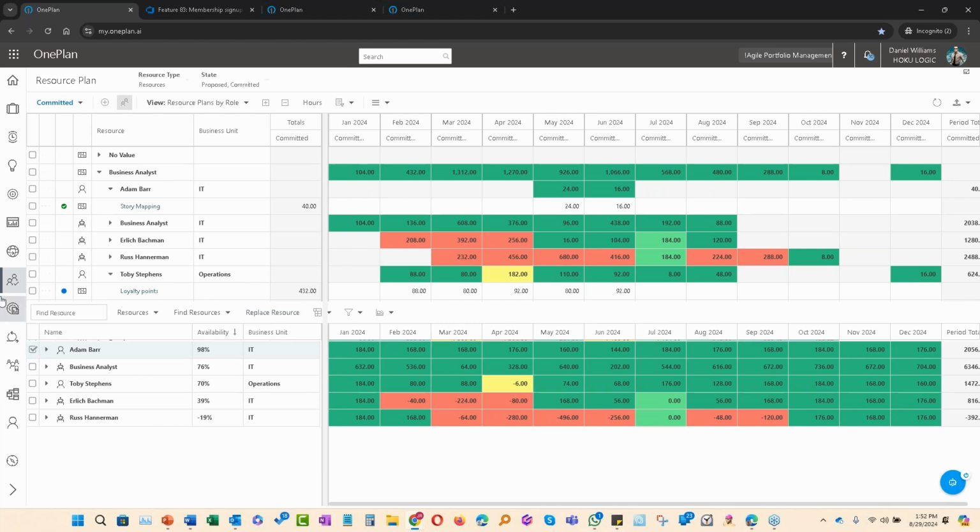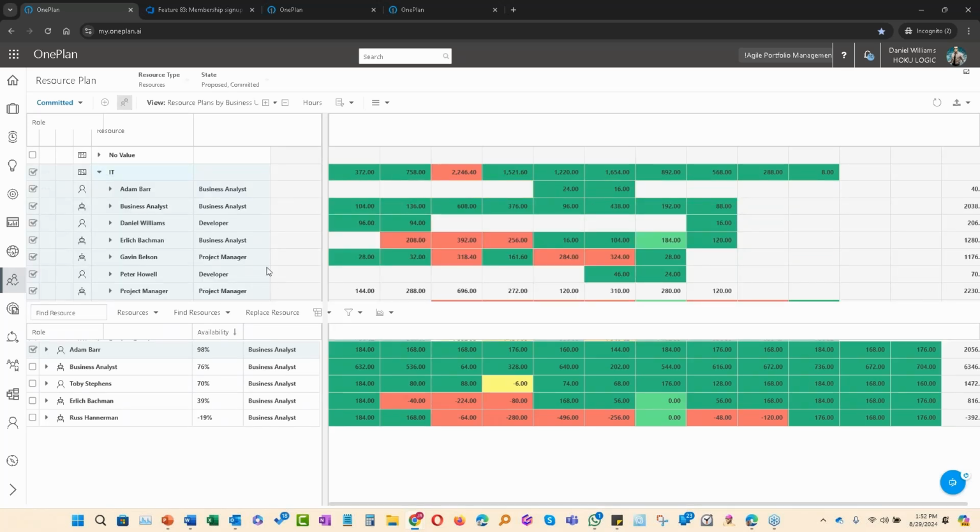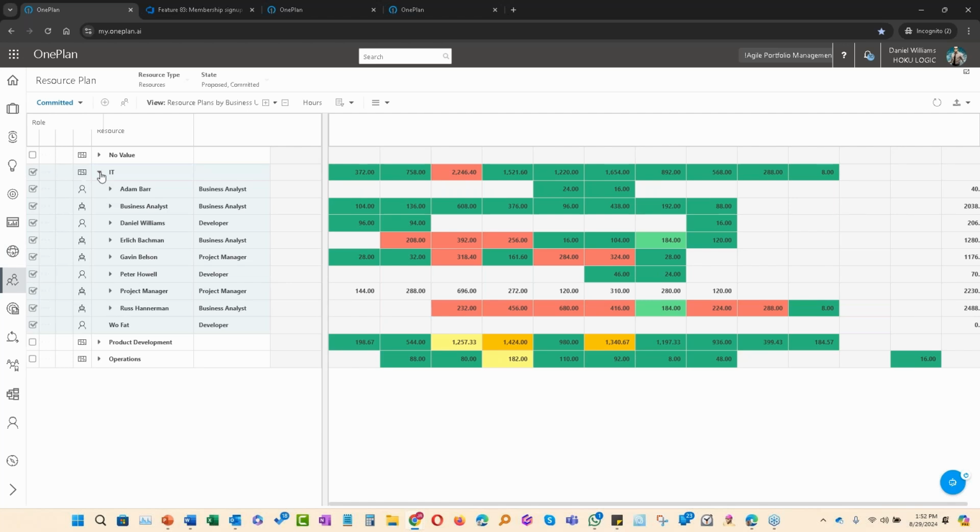So that's our resource model. Here we did it by role, but you could do it by business unit and just focus on folks within a specific business unit. If I'm the manager of IT, I could only look at the IT resources. What's not shown in this model is that we do allow